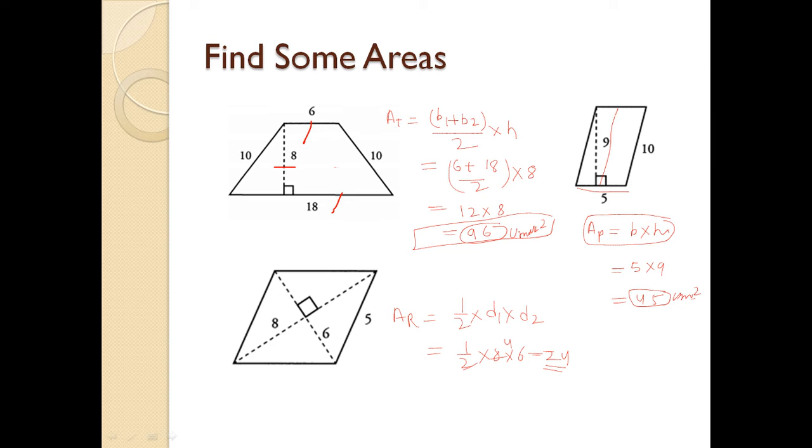Okay, area of a parallelogram is base into height, and area of a trapezoid is, as we are having two bases in the trapezoid, add these two bases, divide by 2 and then multiply by height. Okay, so you will calculate the area. Fine. So now the question is why for this trapezoid this formula is correct. If somebody is asking why this is correct, I do not agree with this formula. How can we prove this is the correct formula to find out the area of a trapezoid? Okay, fine. Let us see.